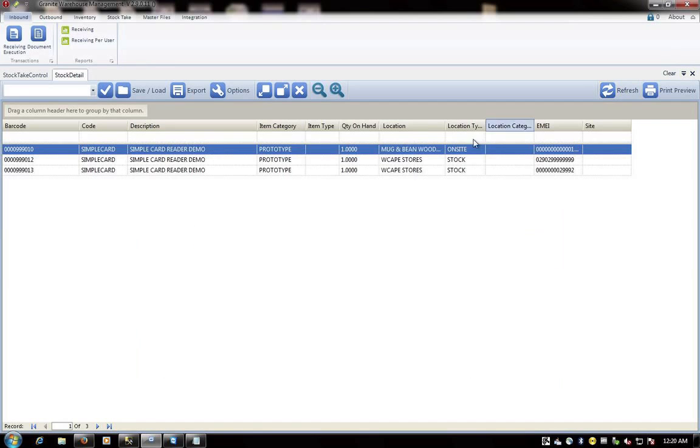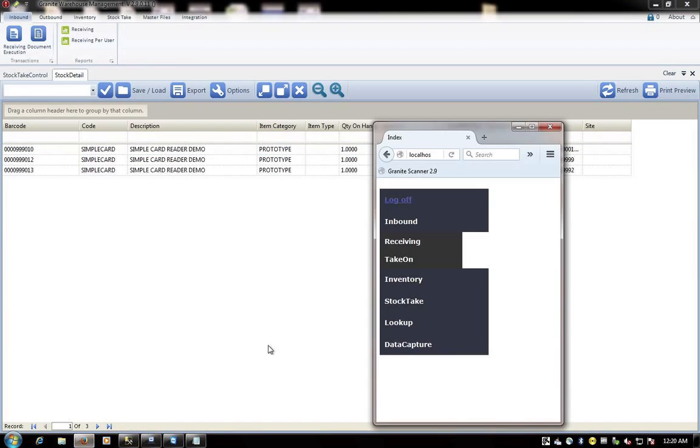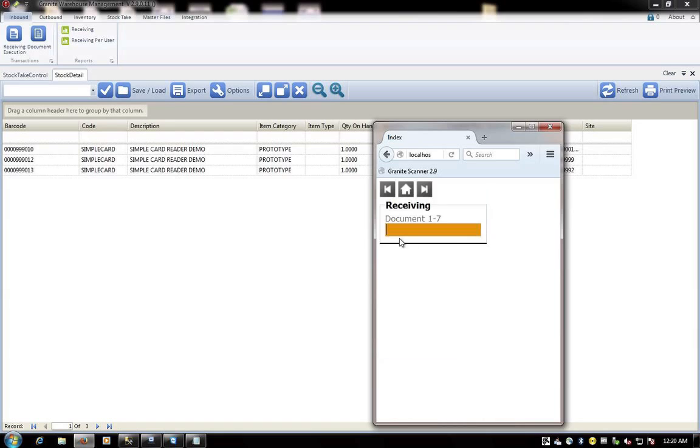When they arrive, I can use my scanner to receive them using the receiving, as opposed to previously when I did stock take on existing stock. I'm now receiving against a purchase order. So if I put in the purchase order number now, plus 3 zeros, then you can see I'm looking for 0 of 10. What's the delivery note number, and the location, I'm receiving it into the receiving area, and then the item code is simple card, and then what's the serial number,